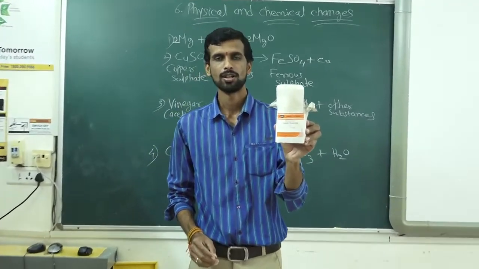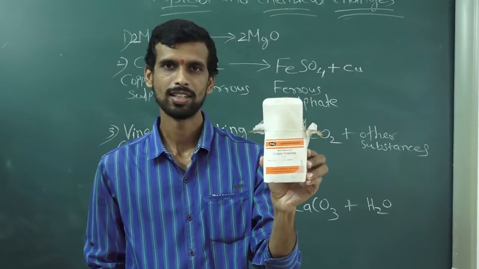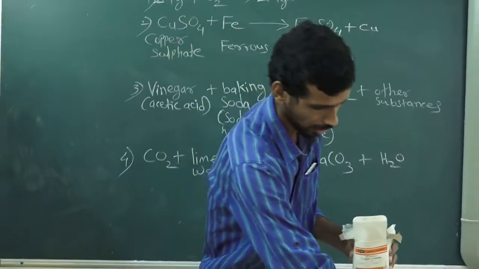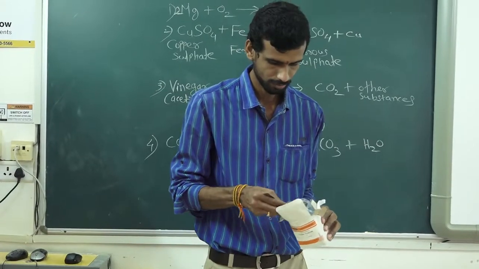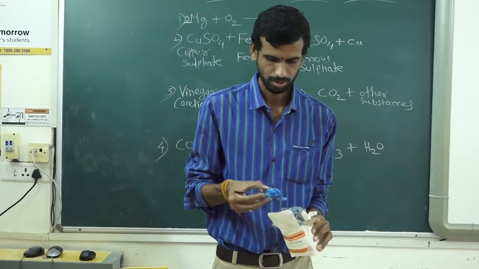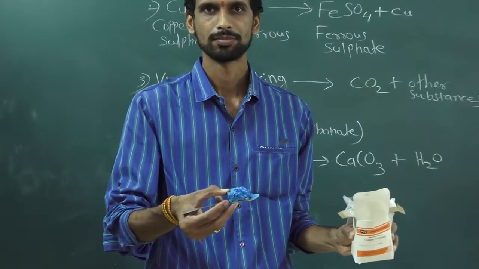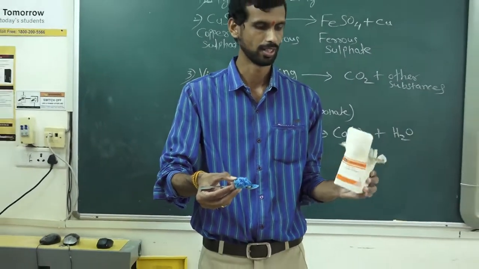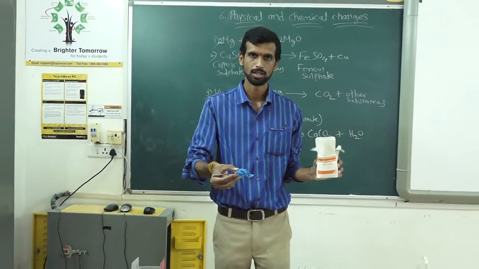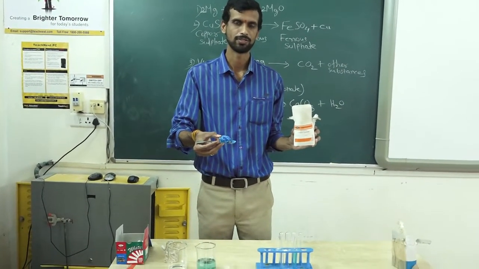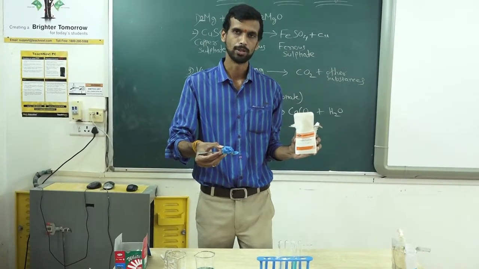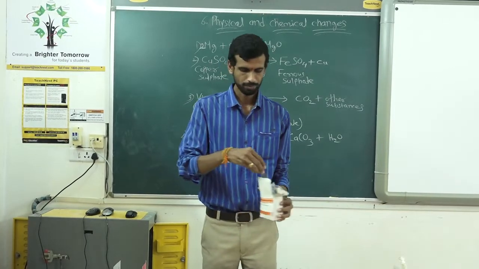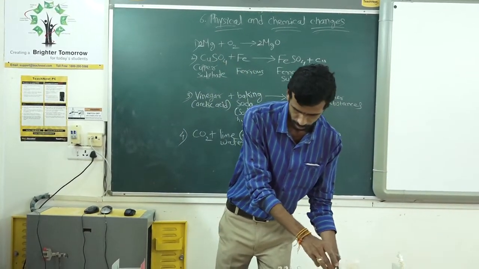Now I am having some substances with me. This is, can you read it? This is copper sulfate. Okay, and the color of copper sulfate I will show you. This is the color. Okay, this is the color. This is blue color. Copper sulfate is also called blue vitriol or Neela Tapa. Okay, three names are there: copper sulfate, blue vitriol, or Neela Tapa. Right? Because the color is blue. So we have copper sulfate with us.